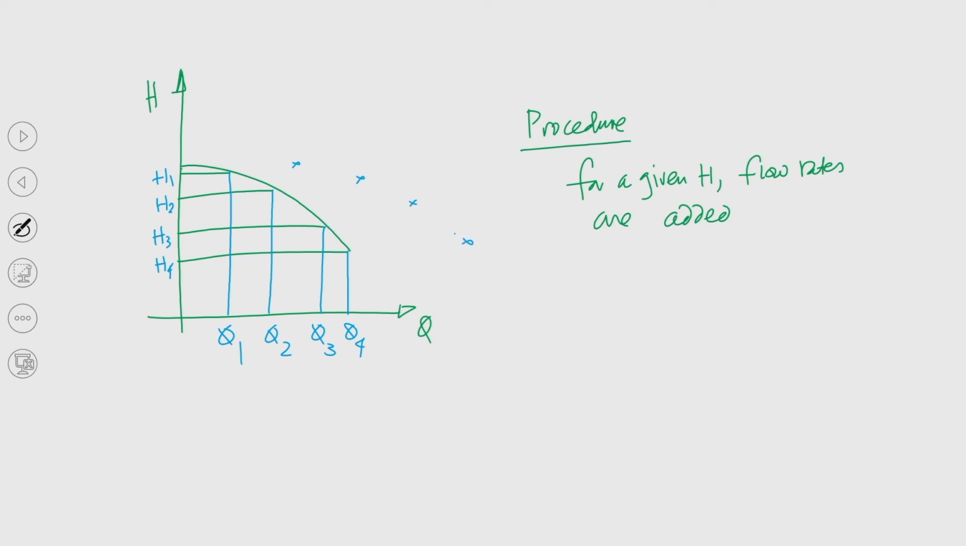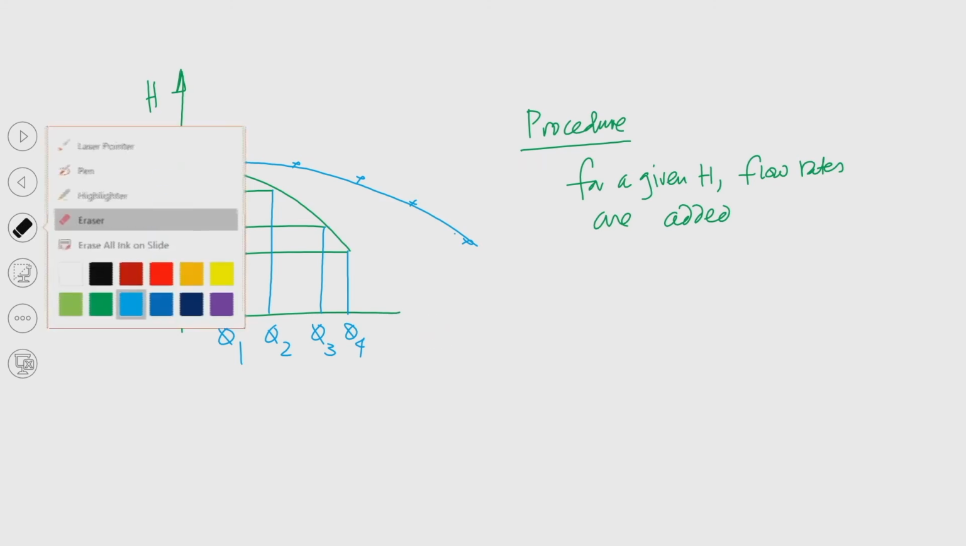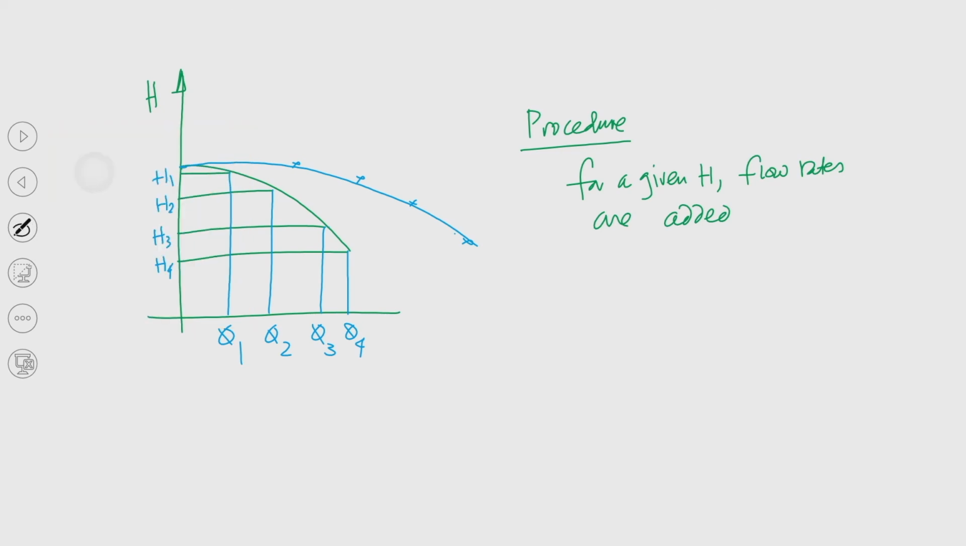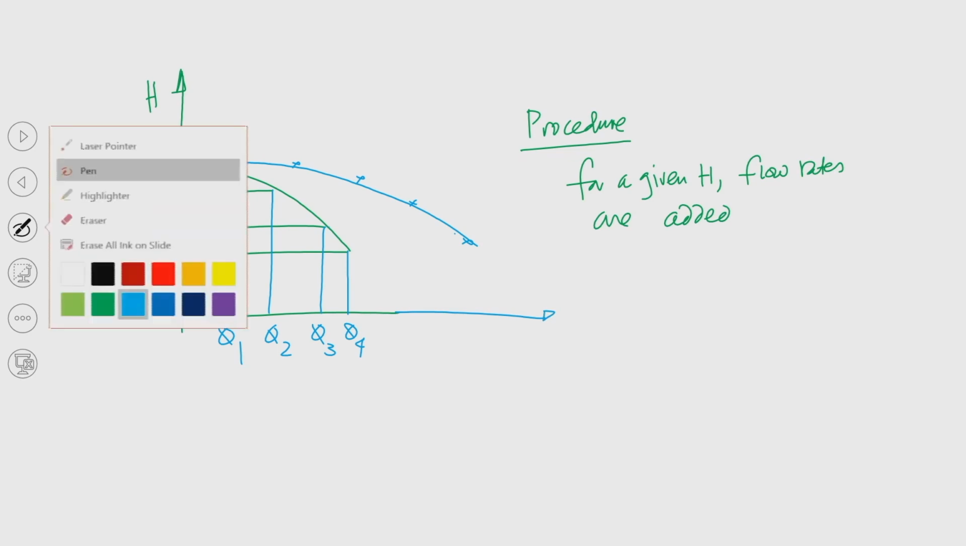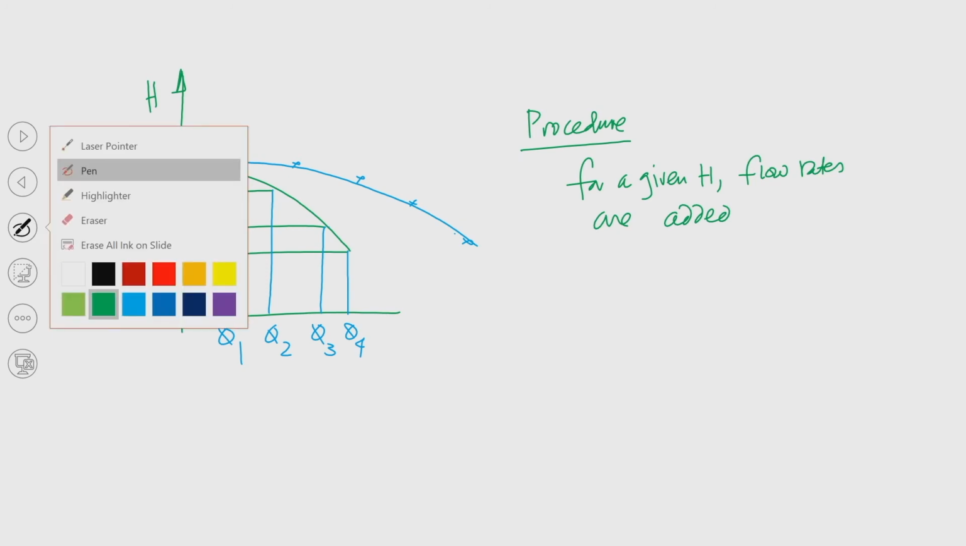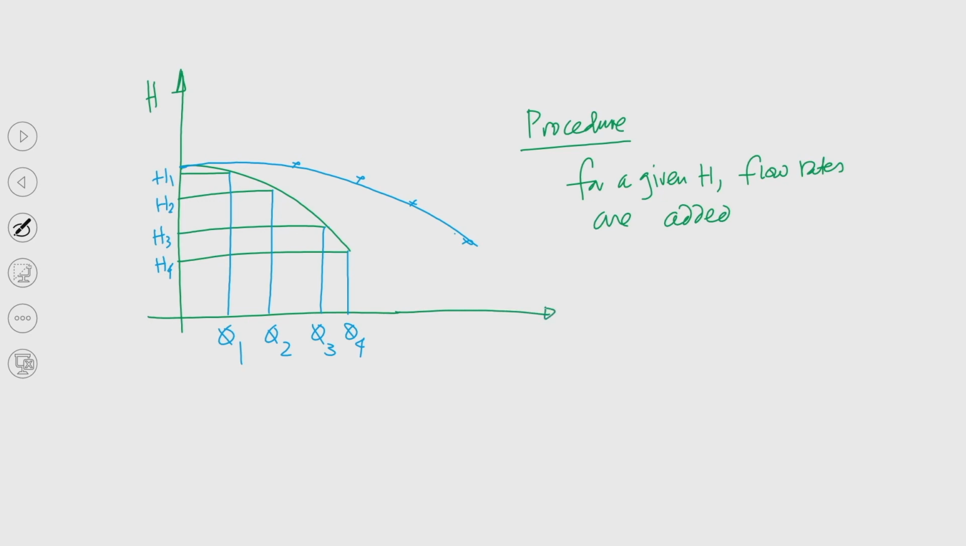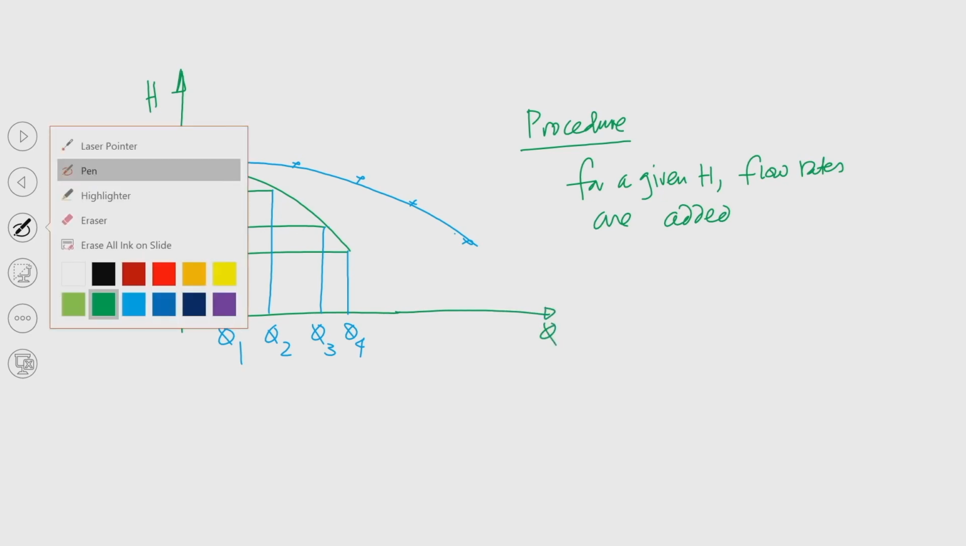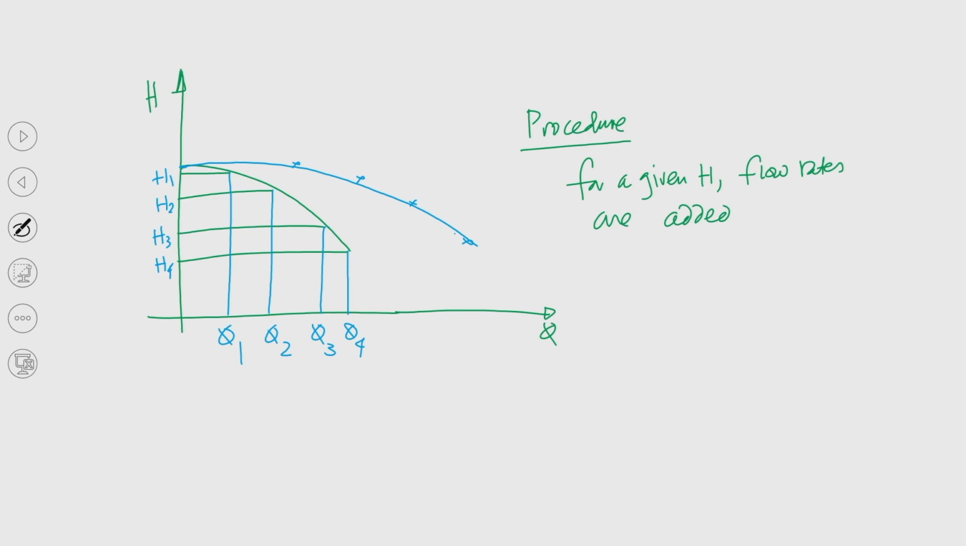So basically, if we try to connect these, the curve will start from here and it will be like this. I am sorry, it should be in green color only. So this is Q. Now, this is when two pumps,